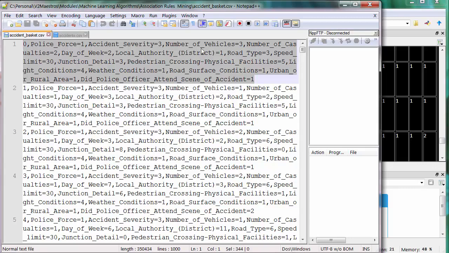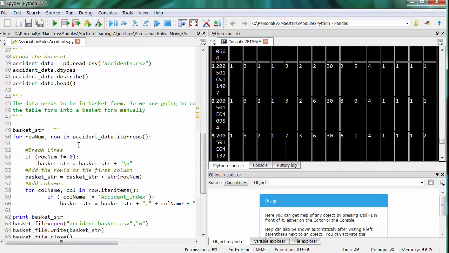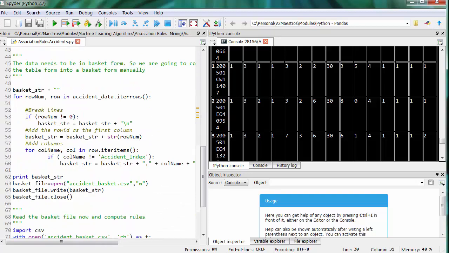In this case, we are just doing frequent pattern mining, so we're just going to pick the commonly occurring name value pairs. So how do we generate this file? We have written some custom code here in order to generate this particular file, and that custom code is this,